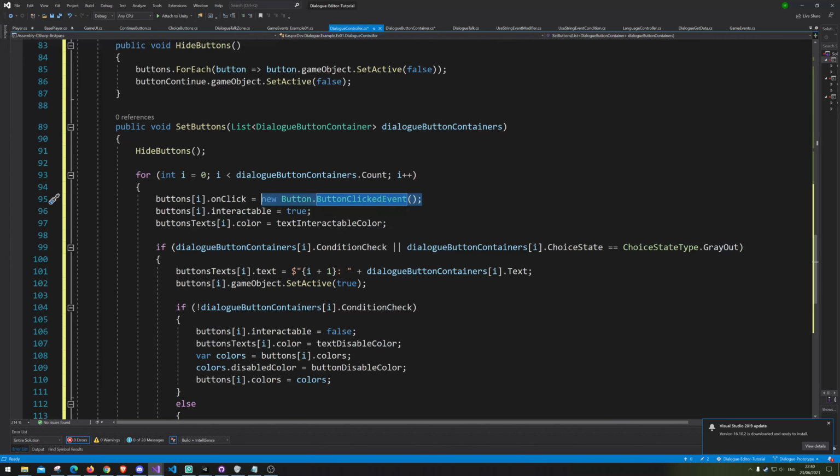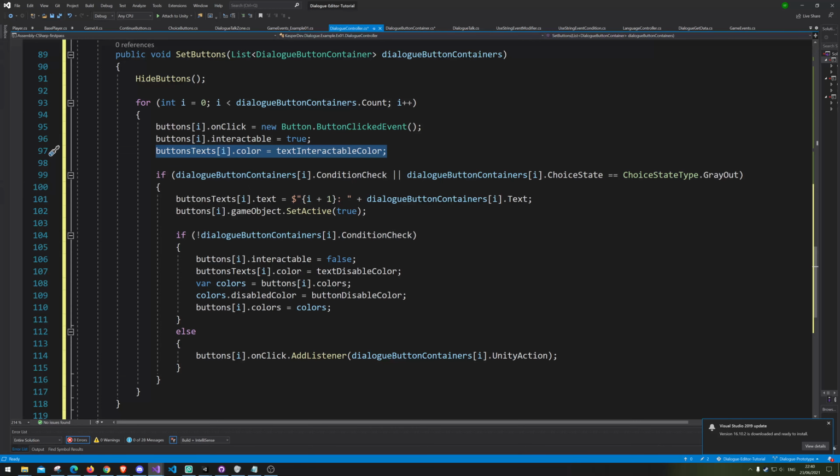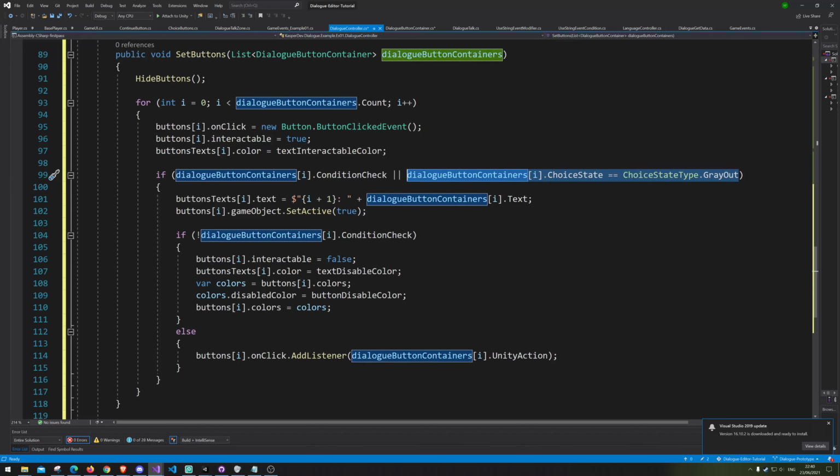So pretty much like when you have a list and do .clear, it just resets the button. And then we make interactable true, so we can click on it. Then we change the color. Then we check the condition, and if it is grayed out,